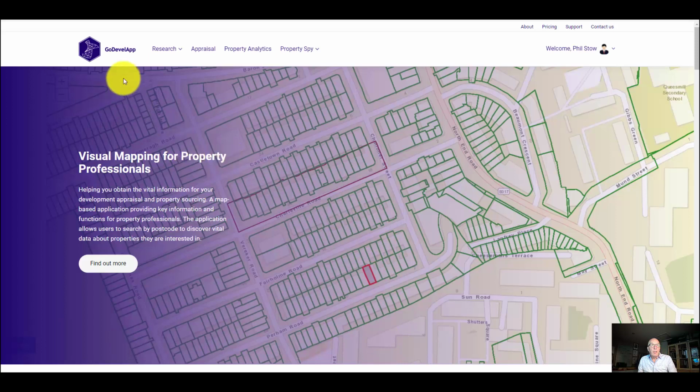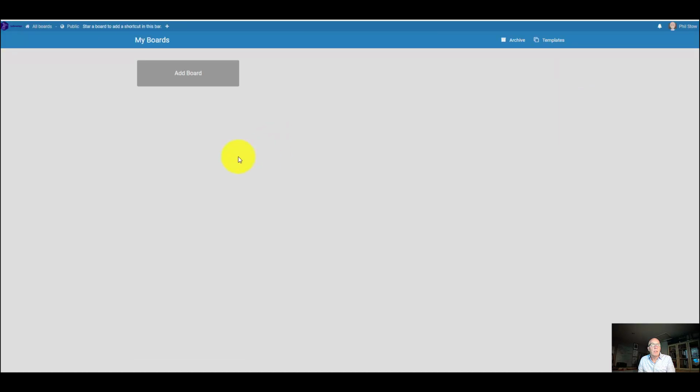From your landing page, just hover over your account area where the menu will drop down and you'll see MySpace. Click MySpace and it's going to take you initially to a blank overview page where if you create more than one board you're going to get a display of which board you want to select. In this case it starts empty and it's just an overview. So first task is to click on the add board, name that board